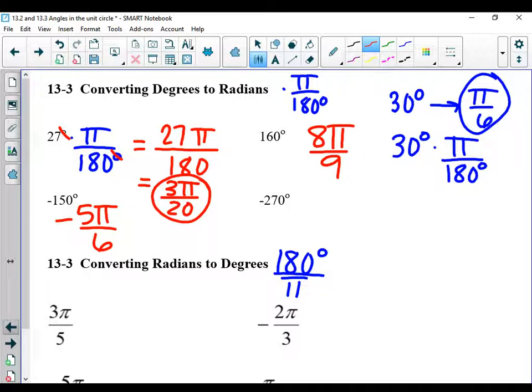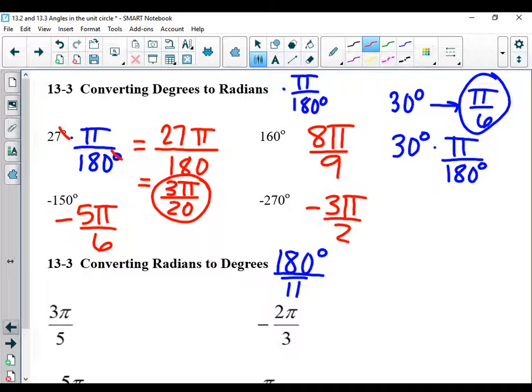And then if you look at 270 degrees, that's down there at the bottom. That's your 3 pi over 2. But if you converted it, you should just get negative 3 pi over 2. I'm just trying to show y'all that they're the same thing in reference to your unit circle. But that's what we're doing. We're converting between degrees and radians. And now we're going to go backwards,